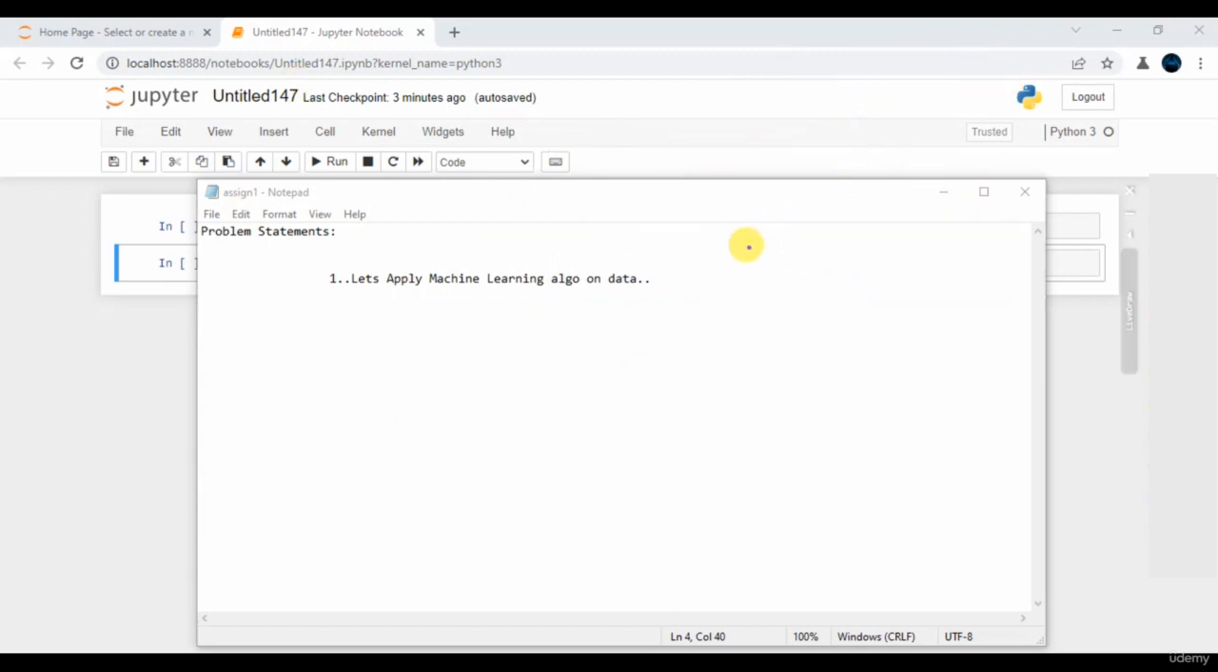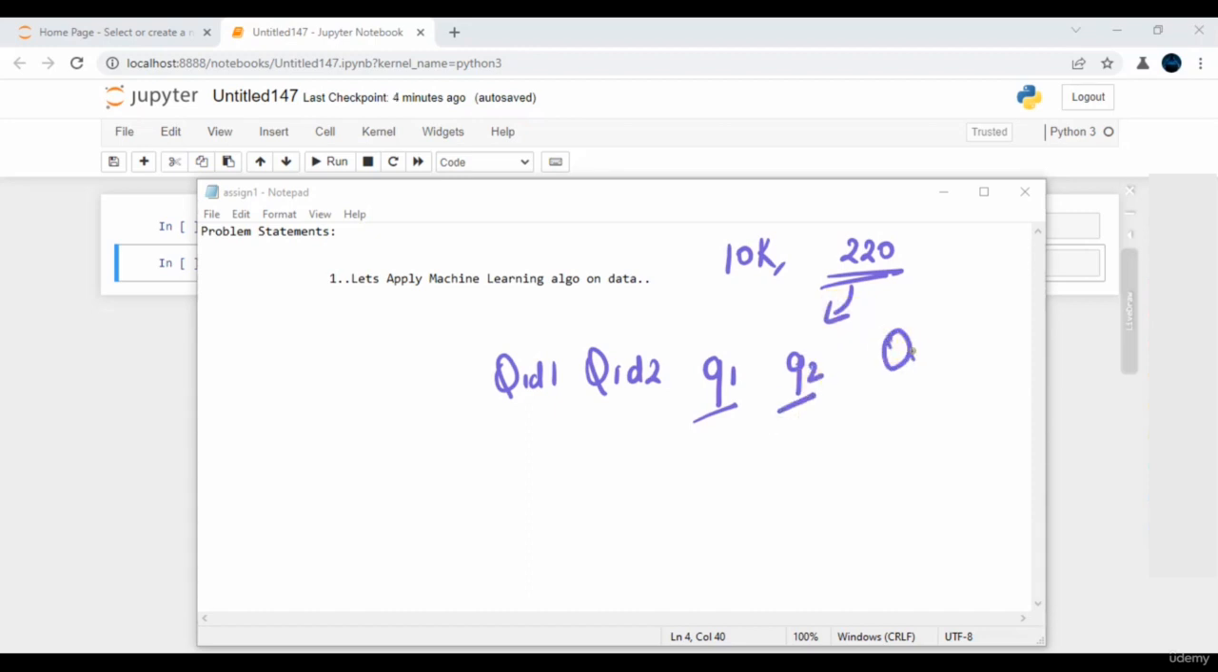So over here, we have 10k data points and we have 220 features. Again, these are especially my featurized features, because initially we have our question ID 1, question ID 2, our Q1 which is my question 1, our Q2 which is my question 2, and our output feature which is all about whether the questions are similar or not. That is exactly our very initial data, often known as raw data. So on top of this data,